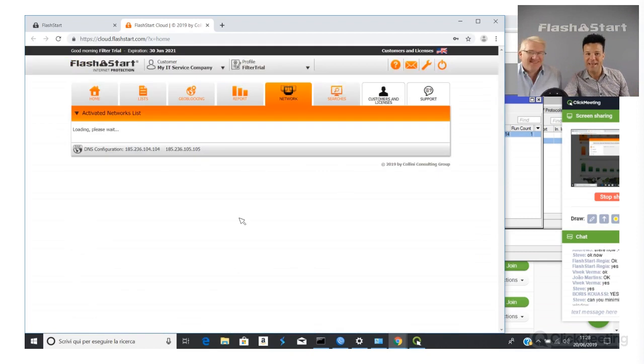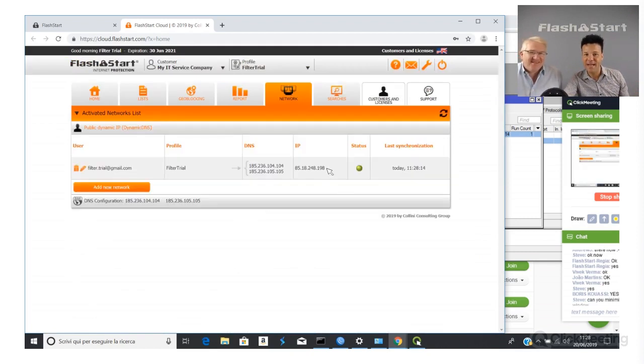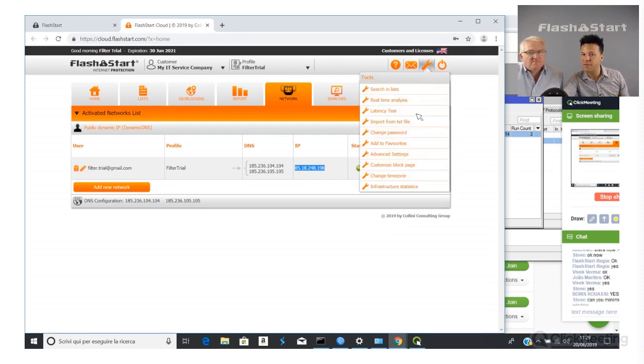Now I see my synchronization IP, and the status has moved to green. Last synchronization: we are in Italy, and the time is 11:28. So now, David, let's customize our blocking page, and then we will go live.